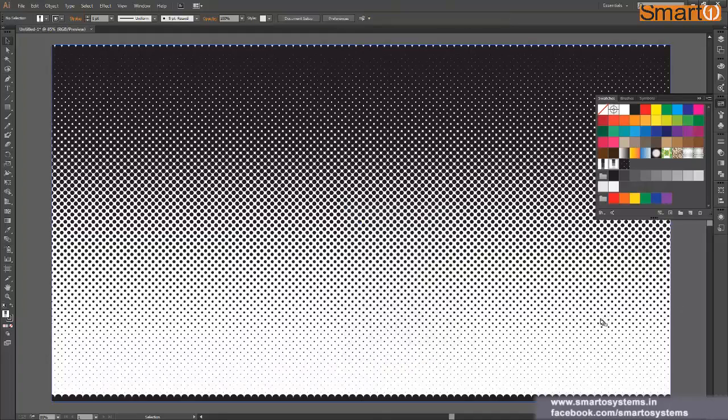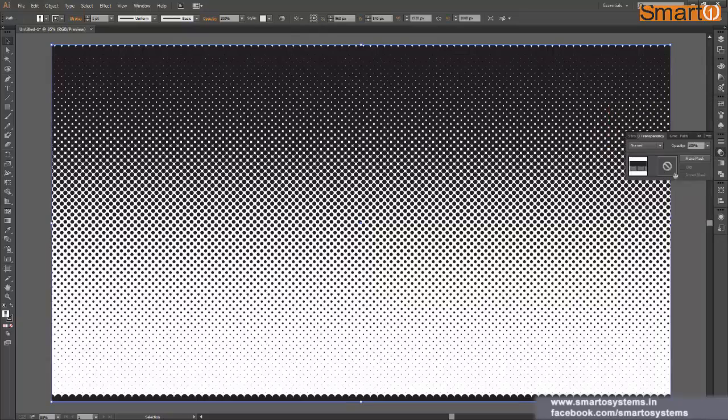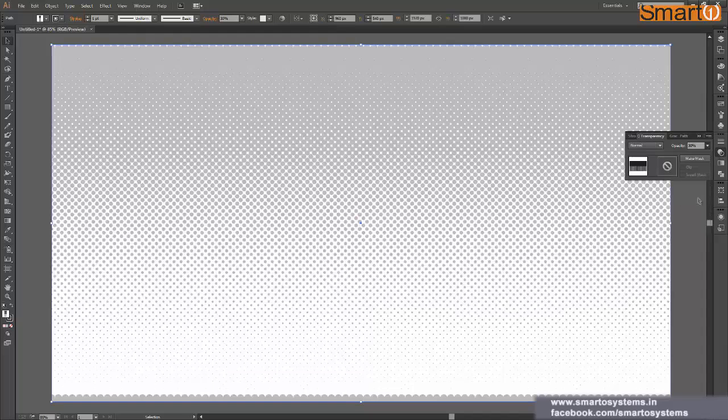So I'm gonna freeze it now, press Ctrl 2 on my keyboard, and okay, before that actually I should drop the transparency a bit. It's very dark, and let's say it should be around 50%.